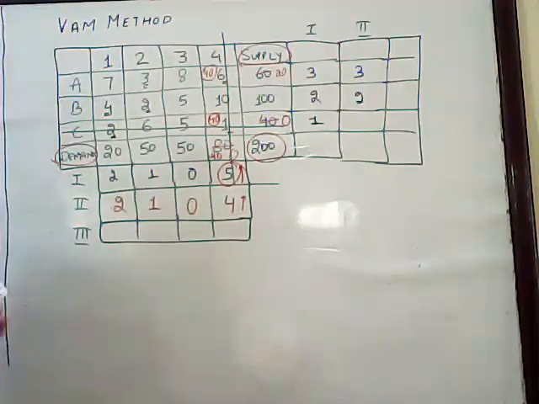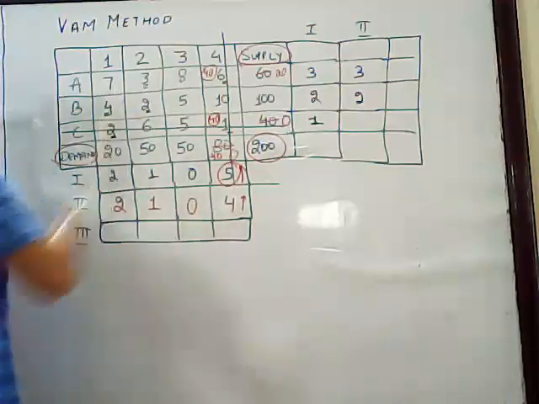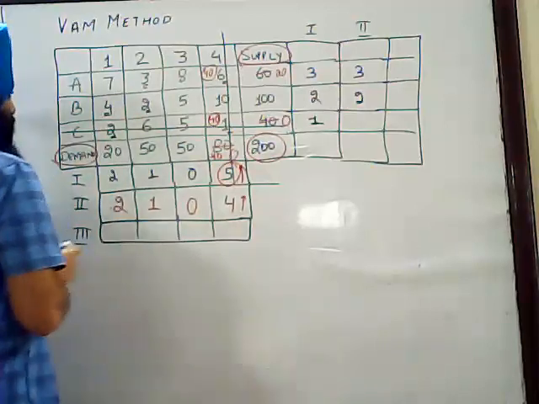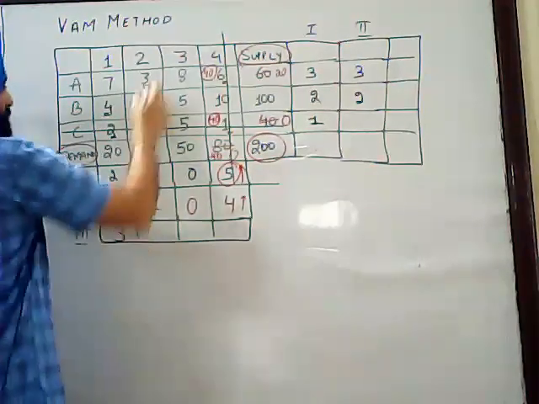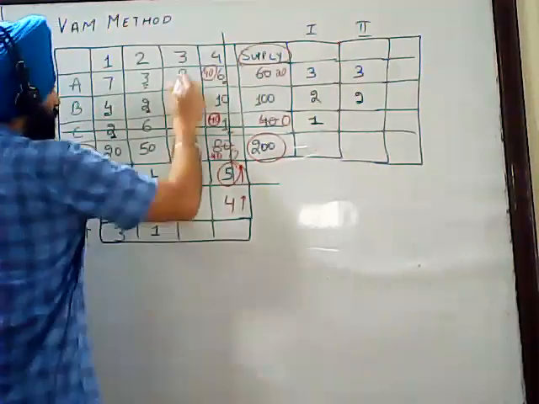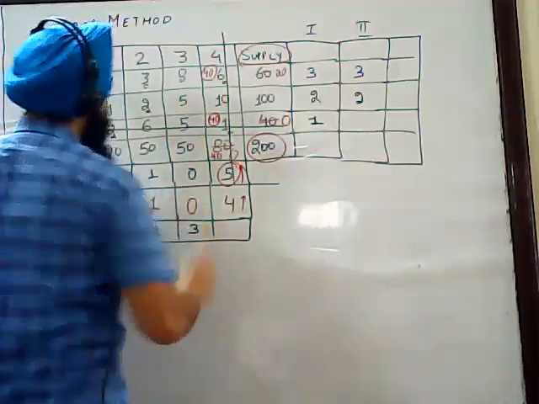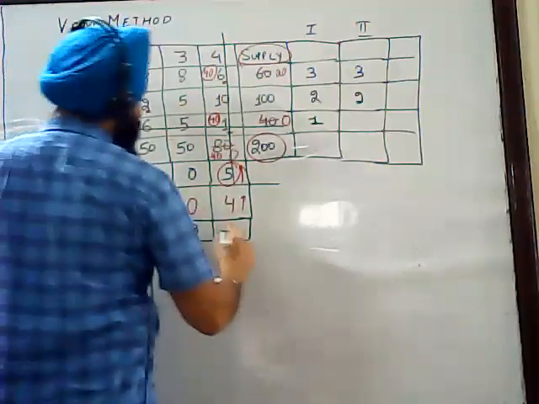Here we are having only two values. 7 minus 4, the value will be 3. Next, 3 minus 2, the value will be 1. 8 minus 5, the value will be 3. As this is already allocated,